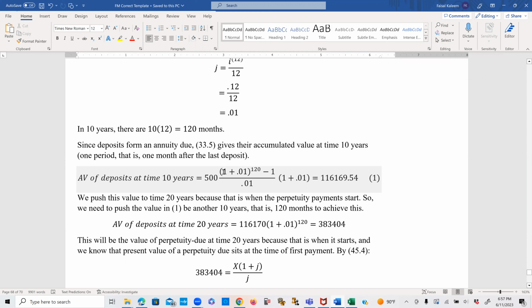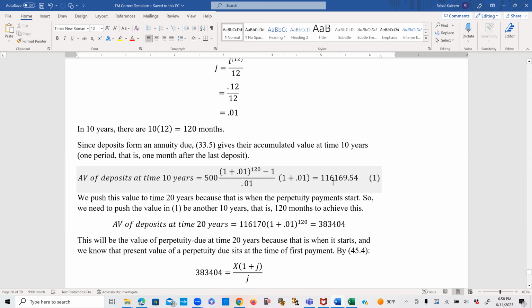The accumulated value formula says that you have payment times 1 plus i to the power n minus 1 over i, and then times 1 plus i. Remember, for immediate, we don't have this 1 plus i factor, we just have this part. And for due, we just multiply it by 1 plus i. The effective rate in this case is J, which is 0.01. There are 120 months, and 500 is each of the contributions. So the total contribution value at time 10 years would be